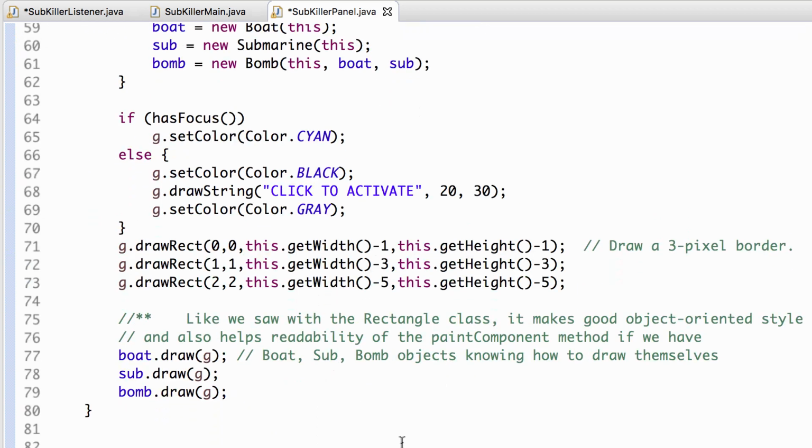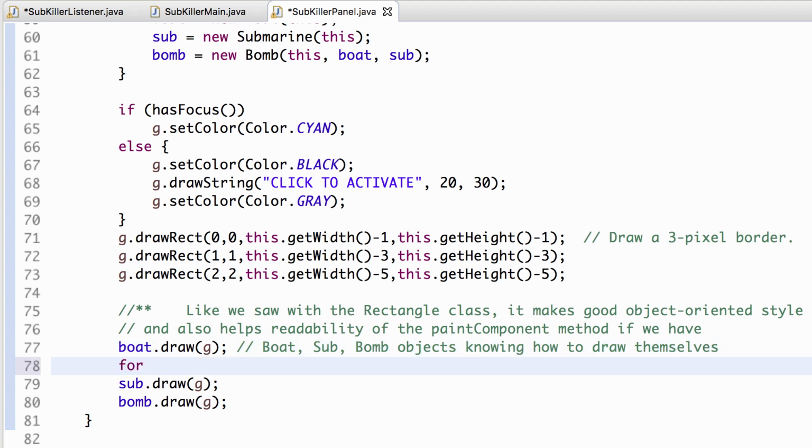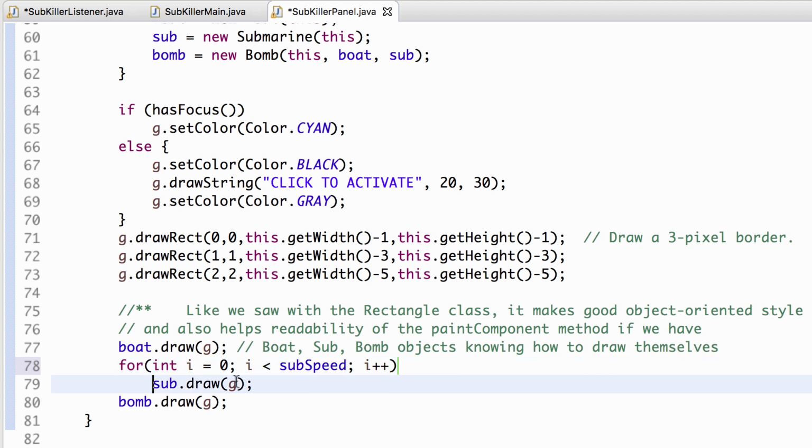So when I go here to sub.draw, let's just do a little for loop. For int i equals 0, i is less than subSpeed, let's just draw the sub. So in other words, if subSpeed is 2, I'll draw it twice, and the net effect will be it'll just go faster based on that speed. Whether that's harder is debatable, but this is just a little exercise in making some changes. Okay, so now that we have that ability,